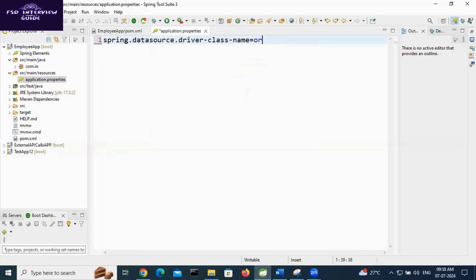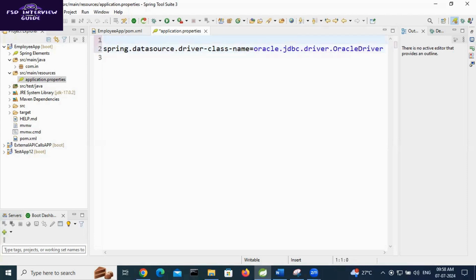If not, oracle.jdbc.driver.OracleDriver. So oracle.jdbc.driver.OracleDriver. This is a class or interface. This is one. If you want to mention a comment, you can mention it like database